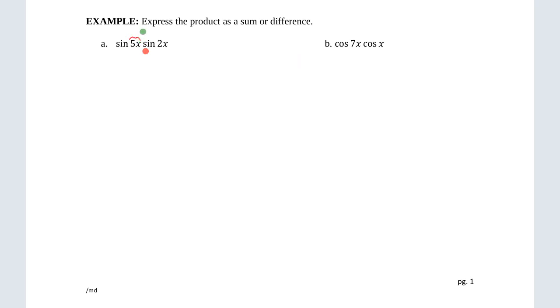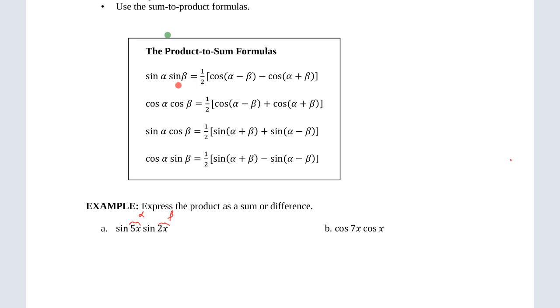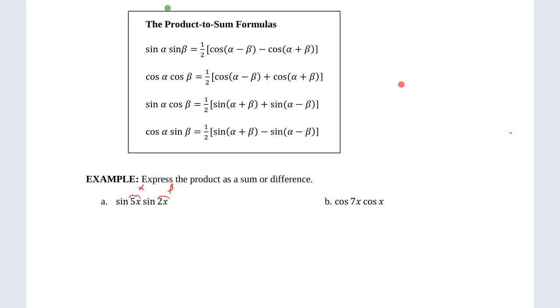Let's just say this is our angle alpha, and this is our angle beta. In this case, I'm going to use sine alpha times sine beta. From the list of formulas, I'm just going to go ahead and apply this formula. Now I will have 1/2